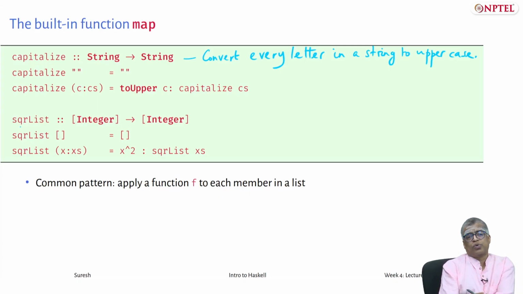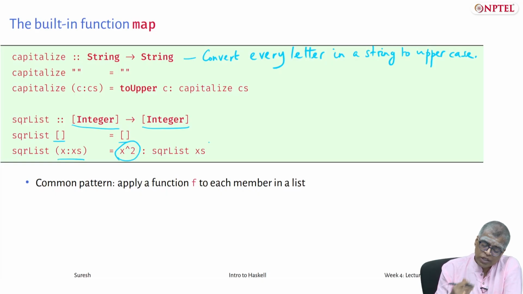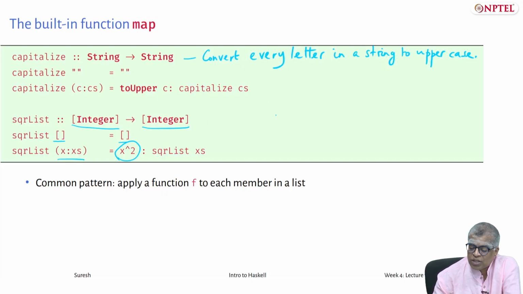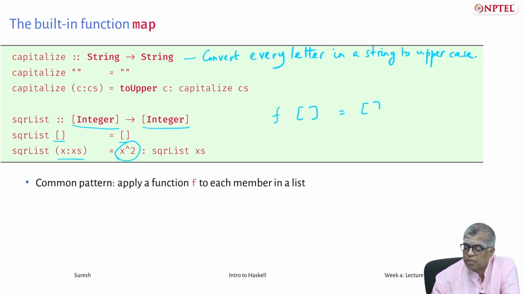Here is another function, square a list of integers. You are given a list of integers and you want to produce a list of integers as output. The output should be, each element should be the square of the corresponding element in the input list. So square list of empty list is empty list, square list of x followed by xs is x squared followed by square list of xs. Okay, and in general the pattern is that you want to apply a given function to each member in a list. Okay, and if you want to really abstract this out, you can say that some f, no matter what f is, could be capitalize or square list or whatever, f of empty list is empty list, f of x followed by xs is